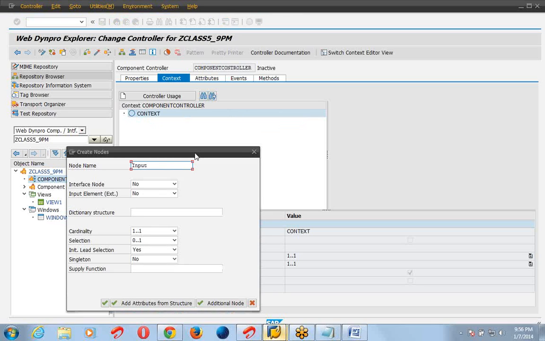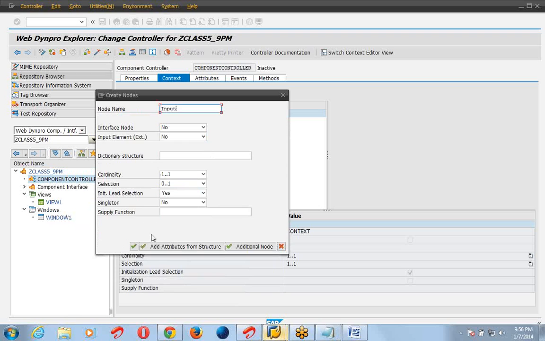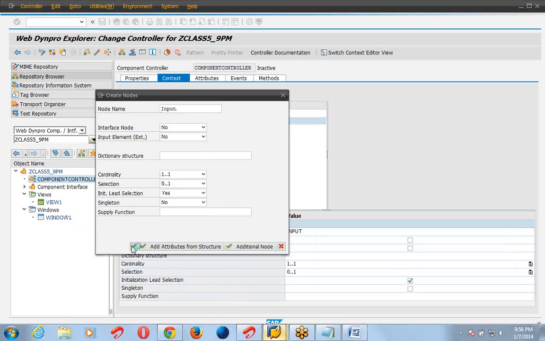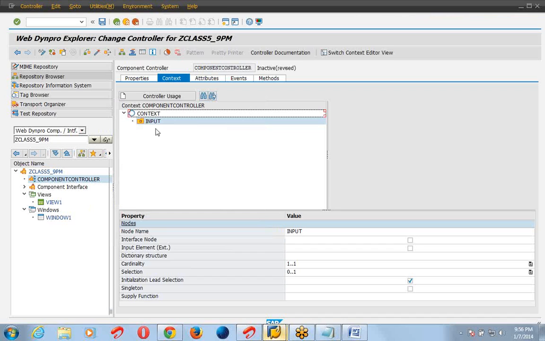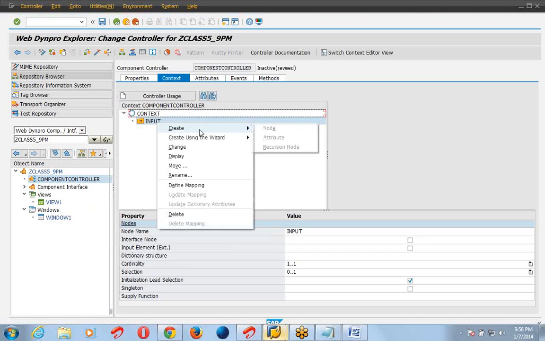We are not giving any dictionary structure, so click on OK only. If we give any reference for the structure, then we have to give the name for the structure.